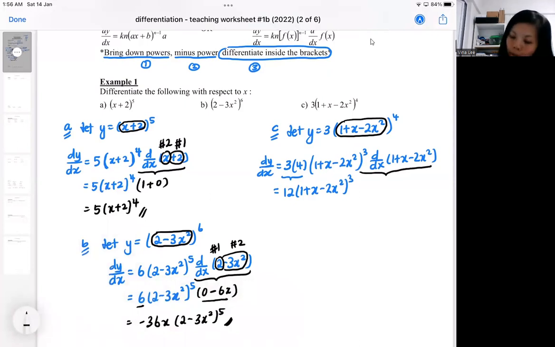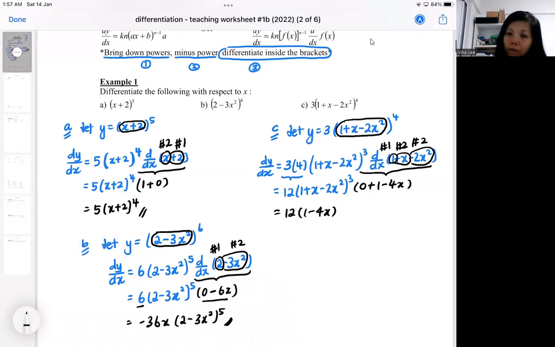Maybe by now you can do it mentally. You can mentally differentiate this. So formula 1, formula 2, and formula 2. Maybe by now to you it's quite easy. It's 0 plus 1 minus 4x. So the final answer is,